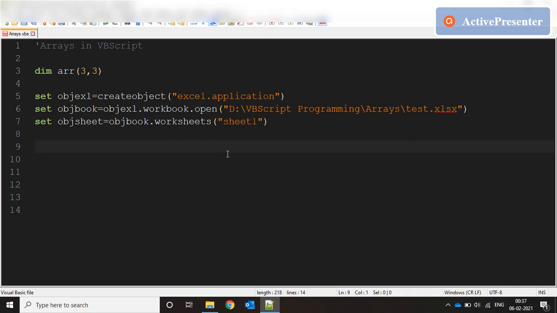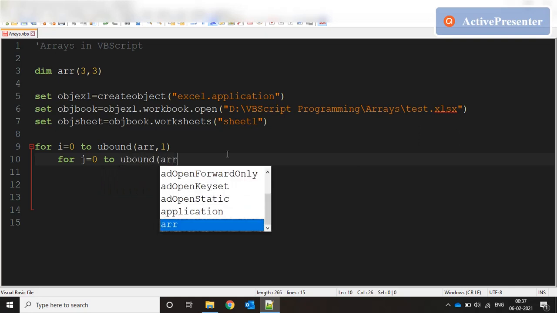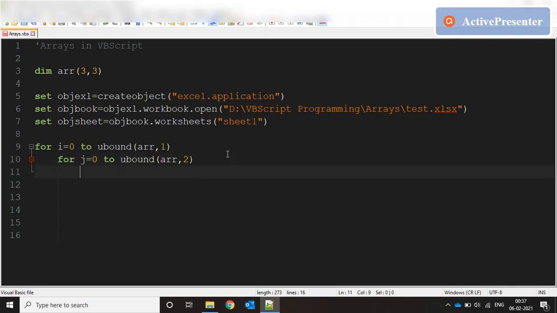So let's start a for loop for I equal to 0 to Ubound of ARR first index, so that's our row index, and for j equal to 0 to Ubound ARR 2, that's our column index, and we say ARR I comma j is equal to